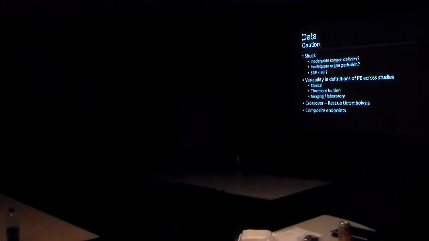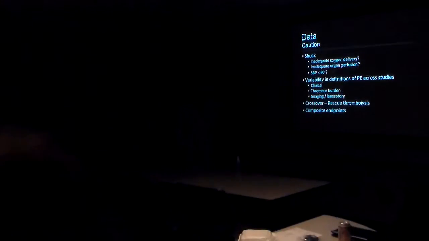There's also a lot of crossover in some of the studies. When we get to the randomized trials where they're randomized to either systemic thrombolysis or just anticoagulation, sometimes up to a quarter of the patients in the anticoagulation group after a period of time were given thrombolysis. Certainly the earlier you get the thrombolysis, the better it is, but after 24 hours, it might still help. So it's difficult to interpret the results knowing that a quarter of those people ended up getting thrombolysis. So maybe that affected their mortality or outcome or whatever.